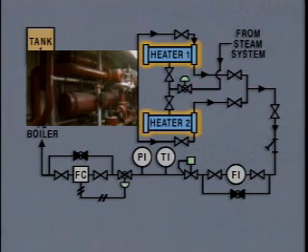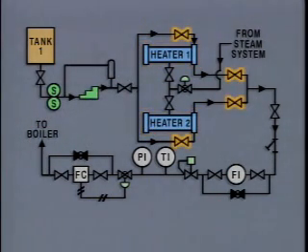2 heat exchangers that function as heaters for the oil. Each heater has an isolation valve on its inlet side and its outlet side. These valves allow the oil to be routed through either or both heaters as needed. This symbol represents a pneumatically operated globe valve that regulates the flow of steam from the steam system to the oil heaters. According to the diagram, the 2 streams leaving the heaters are combined to form 1 stream to the